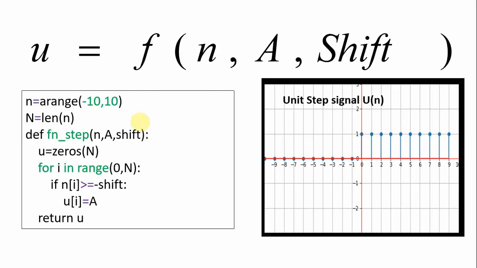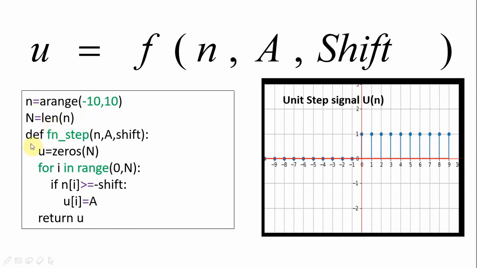In the continuous time domain, we defined a time array for the x-axis. Here we have to make it an array of discrete time instances. So instead of linspace, we shall take arange from -10 to 10. The third argument I have not written since I want it in steps of 1. So arange will create an array from -10 to 10 in steps of 1, and capital N, the length of small n, measures the length of this array.